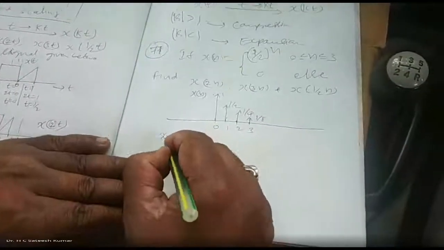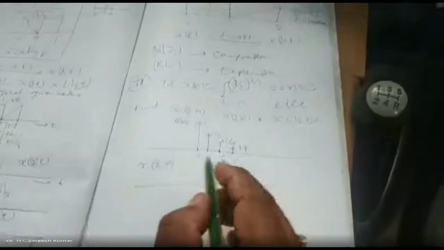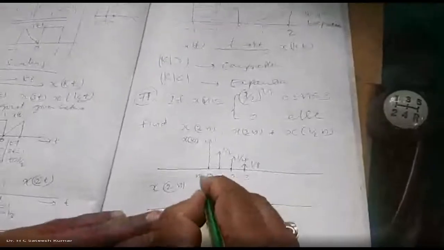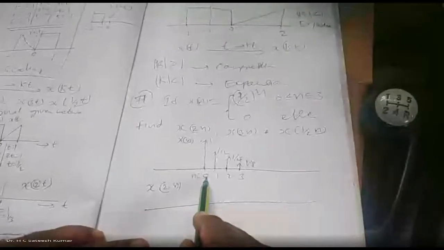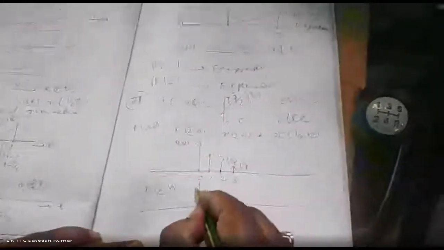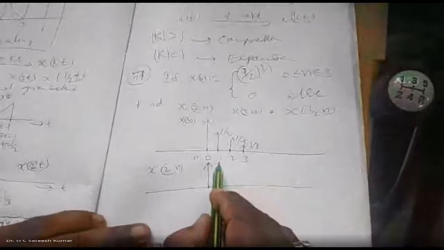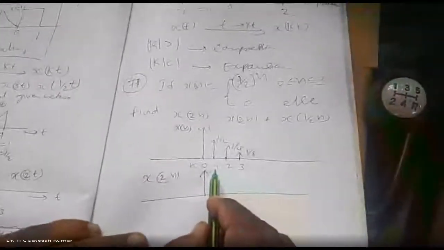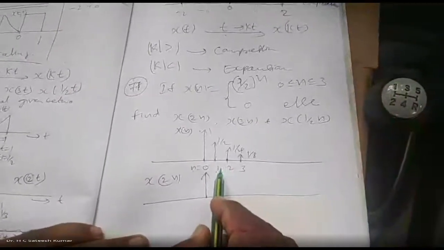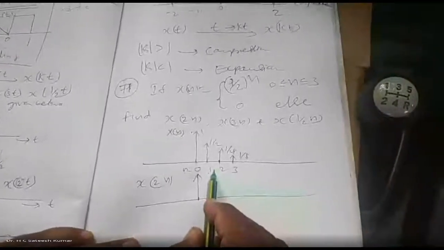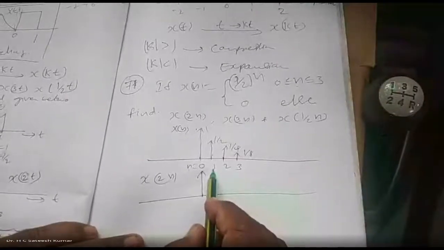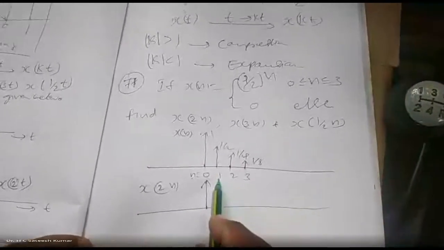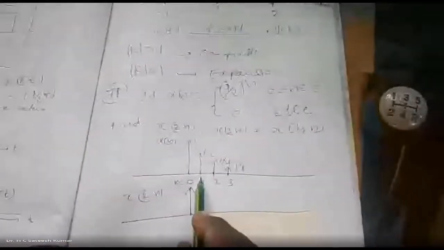Okay, right. X of 2n. X of 2n is nothing but what? Now here only I'll do it. No need to write all the explanation, you can do it orally. 2n is equal to 0, therefore n is equal to 0. This element will be at 0. 2n is equal to 1, therefore n is equal to 1 by 2. 1 by 2 is a fraction, but this will exist only at integer values, no? Half cannot exist. Therefore, this doesn't exist. Okay, this will be eliminated.